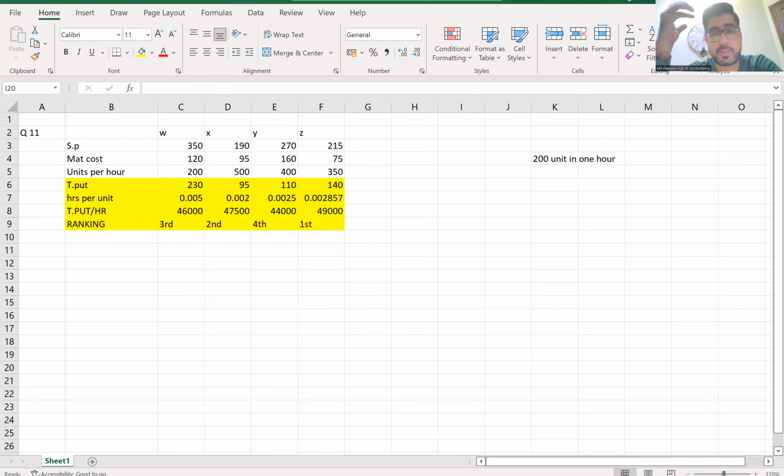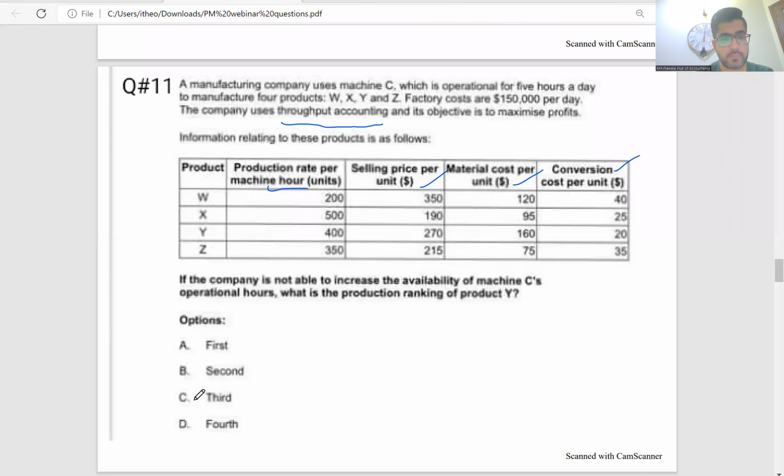Okay, so it's for the general question of very easy question of ranking. You just took selling price, deducted material cost to get throughput, divided by the hours. Hours were not given, same as Wright Limited in my lectures. And you get 1 unit, 1 hour is 200 units, so 1 unit is 1 over 200. You get throughput per hour and ranking. Okay, so first is Z. That's why the answer of this question is